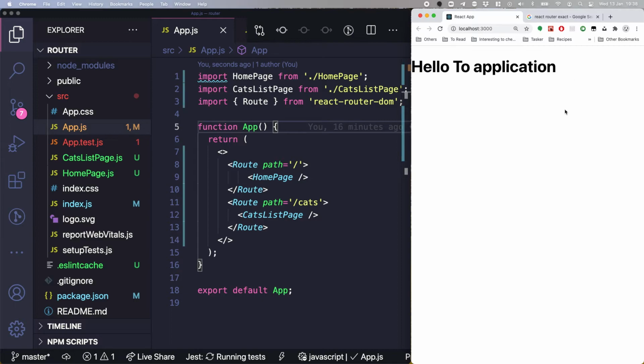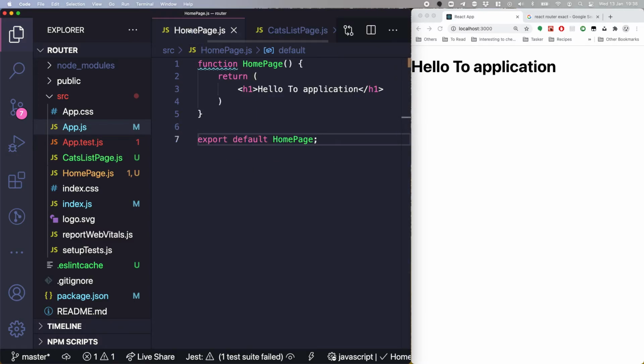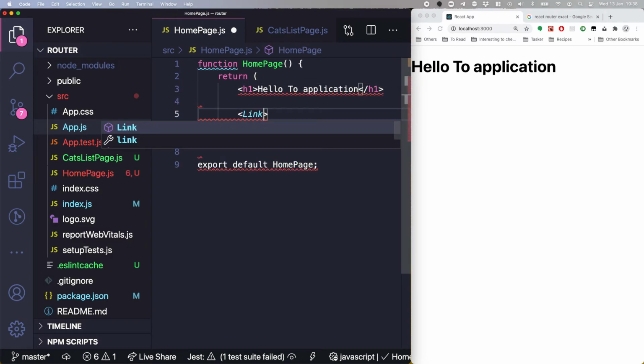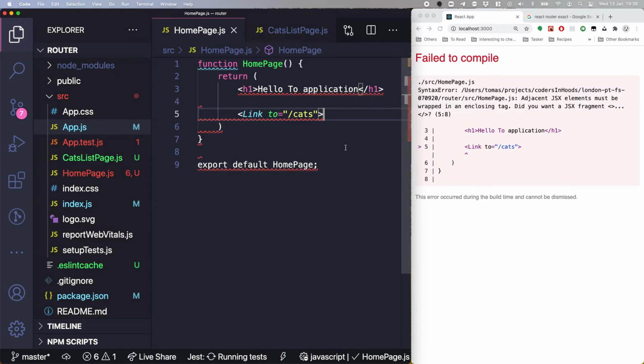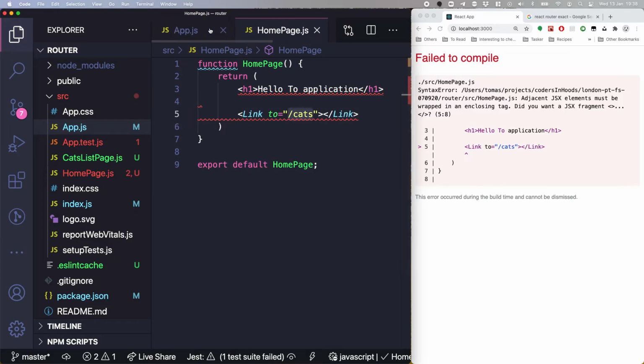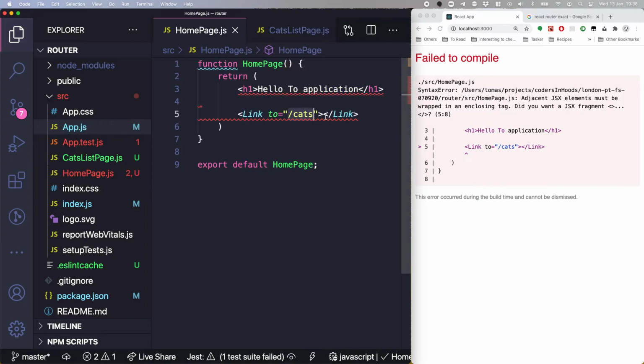So now obviously you land in the application, right? So hello to application, and now you want to go to the cuts page. So we would go, just put this back. So we would say hello to application. We want to create a link. So we would say we want to create a link to cuts. So this path is coming from our route definitions, right? So you see that we have route which has cuts in it. So that's why we're putting the cuts in there. Go to cuts